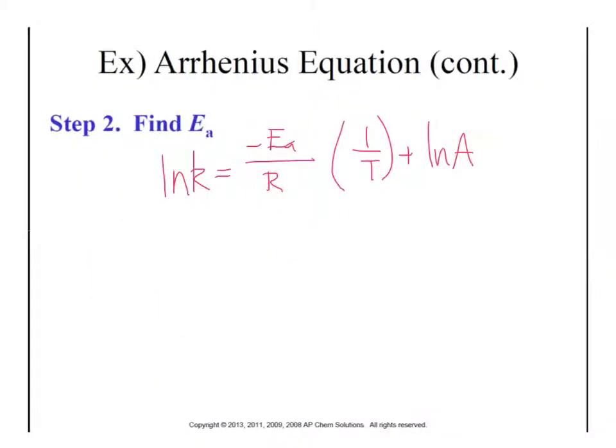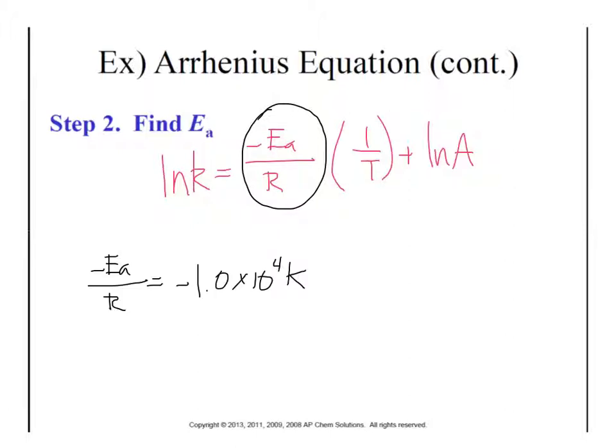And so looking at that rearranged Arrhenius equation again, what we found was the slope, and the slope is going to be that guy right there. And so that means negative Ea over R is equal to -1.0 times 10 to the 4th K. Now, R is 8.314, and so we'll be able to just swap that guy out for 8.314 joules per mole Kelvin. And then we can rearrange this equation to solve for Ea, which is the activation energy, by multiplying both sides by that R value. And when we do that, it's going to cancel out the K's because we have K on top and bottom. And what we will get as a result is approximately